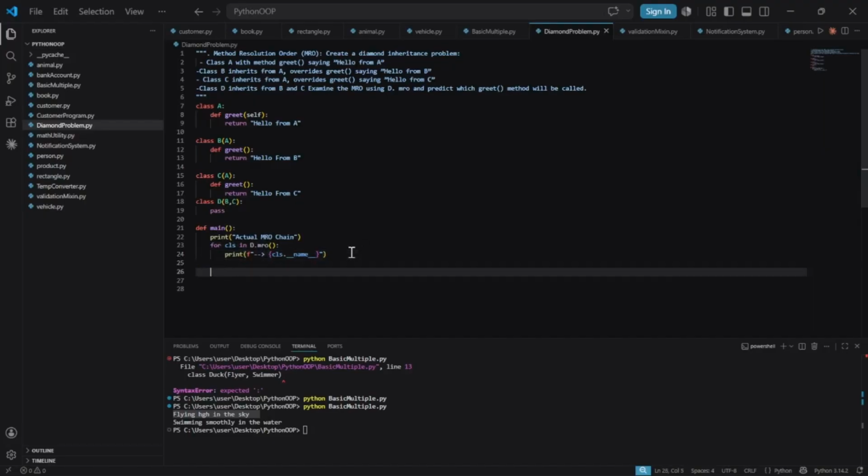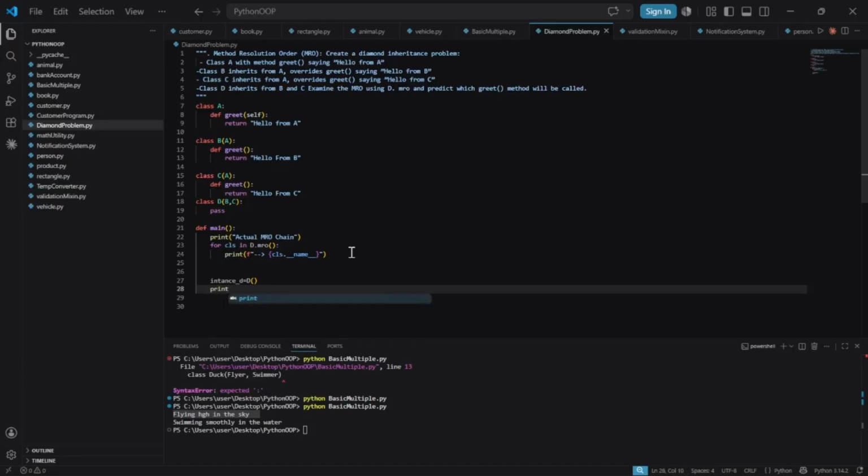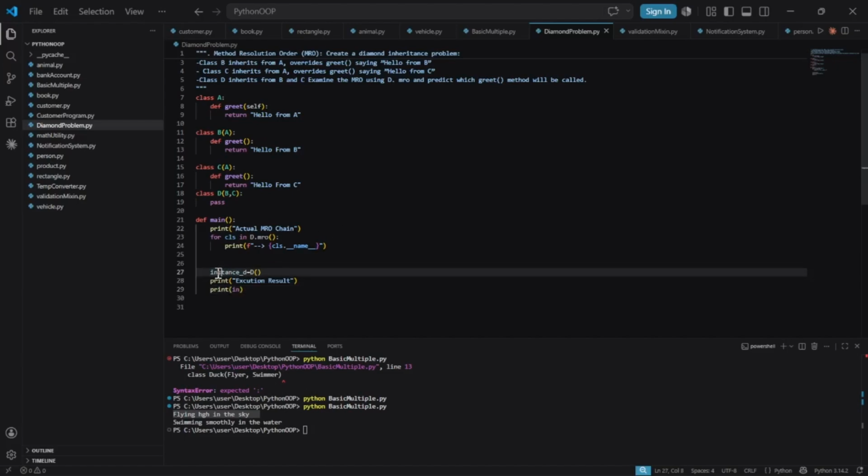So for you to have clear guidance, let me first create an instance variable from D. Okay, I've created an instance variable from D. Then I'll guide by saying execution result. Then I will print the result instance. This is not correct. It's correct, but I don't want to be that way. So instance d